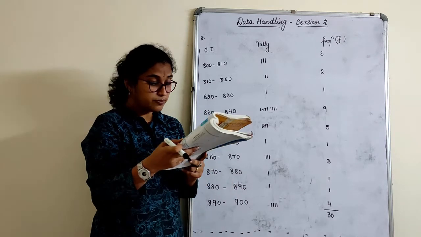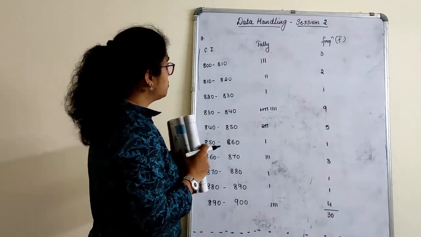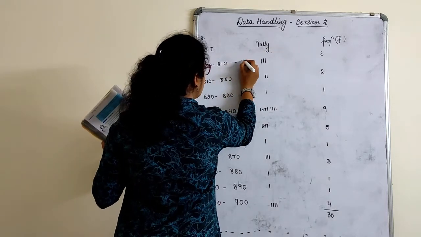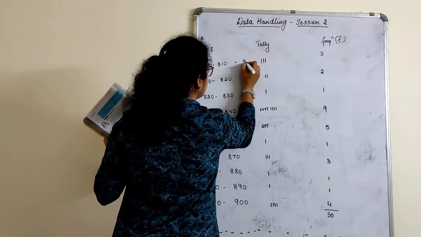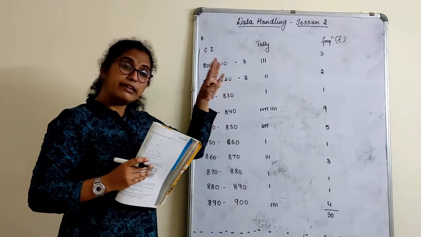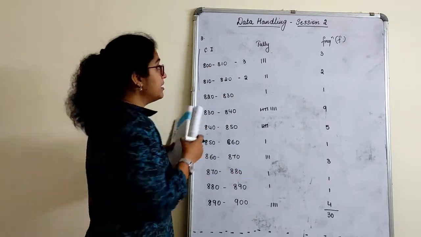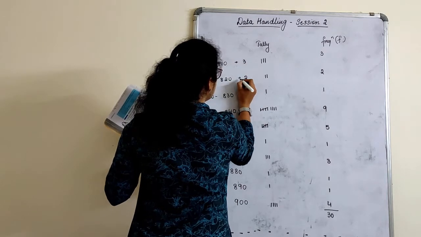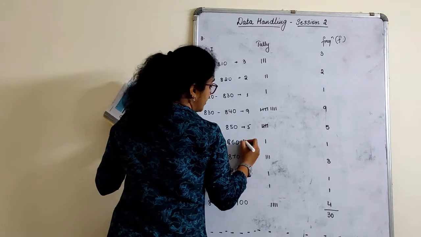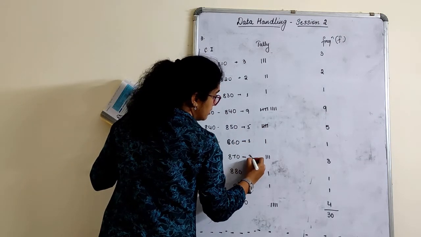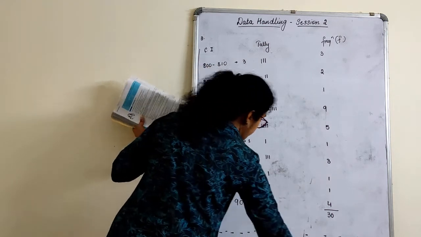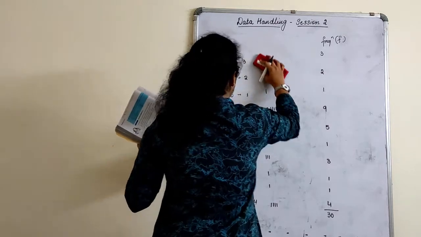Let us do that. So for the histogram, I require this and I require this. I will just write the frequencies here, small, so that I can rub this and still have a note of it. So this is 3, 2. You don't do that; you already have it. You can refer to this one and do it as the fourth question. But since I am going to erase it, I will just make a note of the numbers: 1, 9, 5, 1, 3, 1, 1 and 4. Okay, let me erase this.